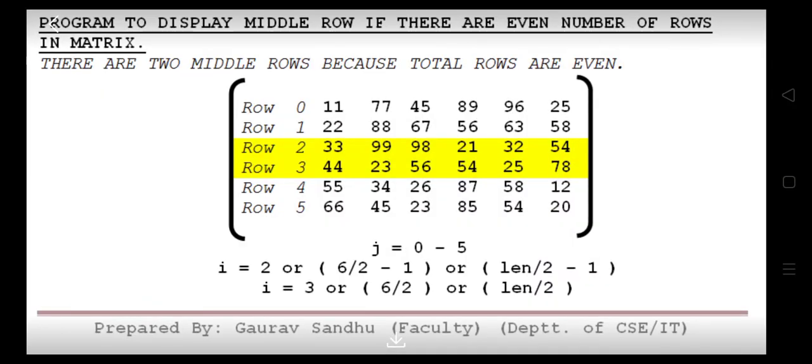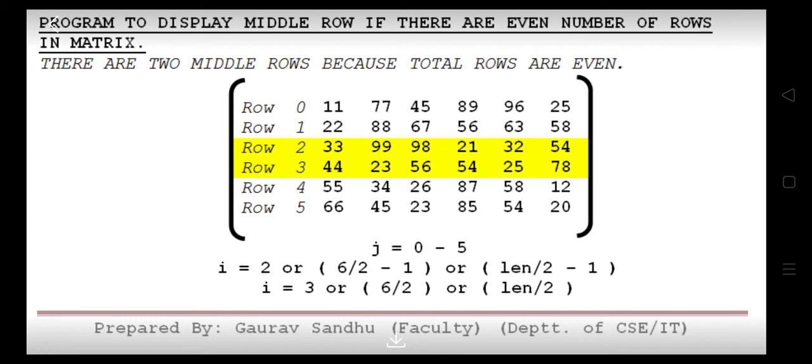Now let's consider another case. Suppose there are an even number of rows in the matrix. If we see the current example on the screen, the matrix is 6 by 6. This means the value of len is 6, and if we observe very carefully, the value of i is 0 for the first row, 1 for the second row, 2 for the third row, 3 for the fourth row, 4 for the fifth row, and 5 for the sixth row.